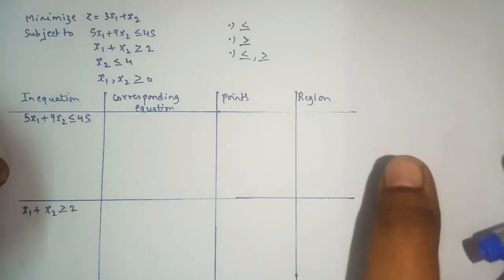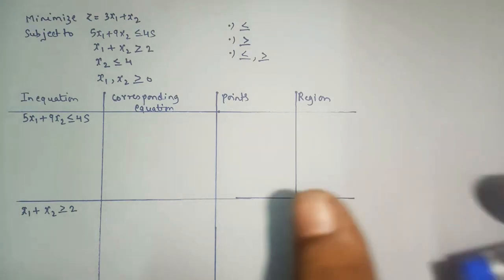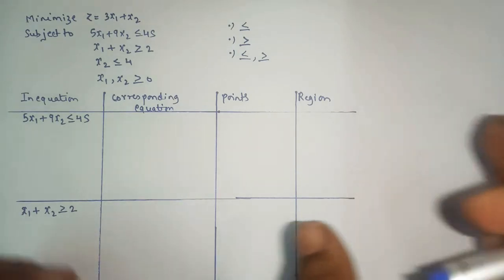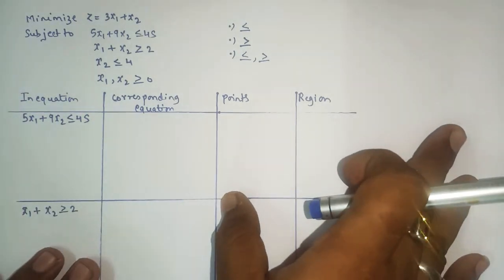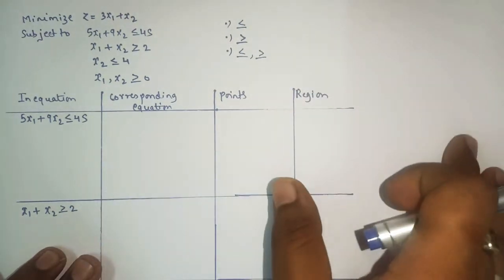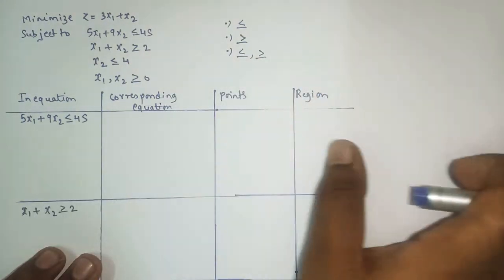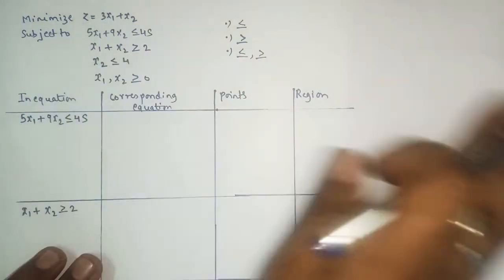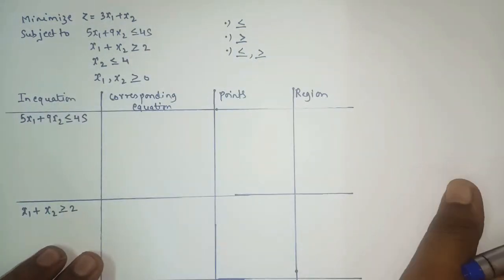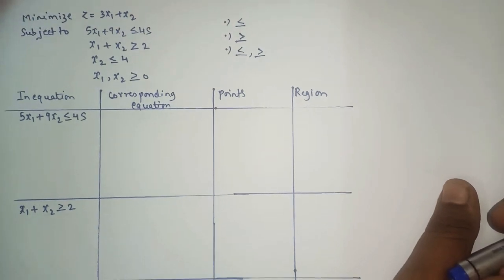After this we can start with our type number two, that is formulate. Formulate means you will have the word problem, statement sum. Just simply read and understand the question and frame the equation, and the rest of the part is the same. If they say that you have to formulate as well as draw the graph, then you will draw the graph, otherwise just simply frame the equation and stop your answer. So let's deal with the last sum of type number one, the graphical method.